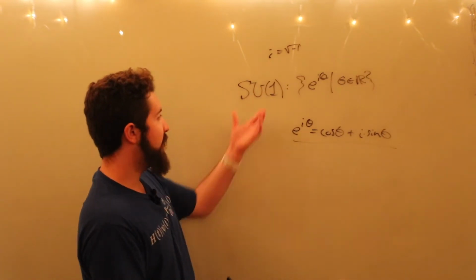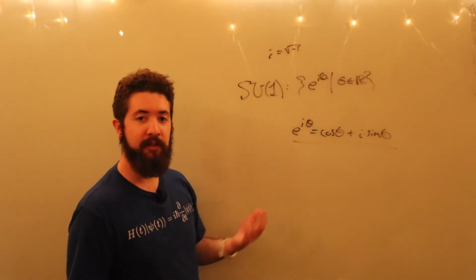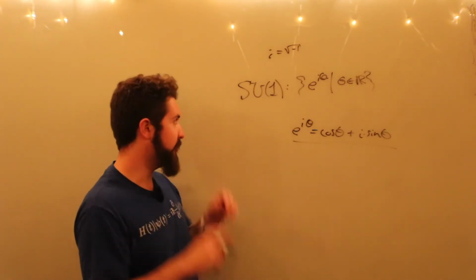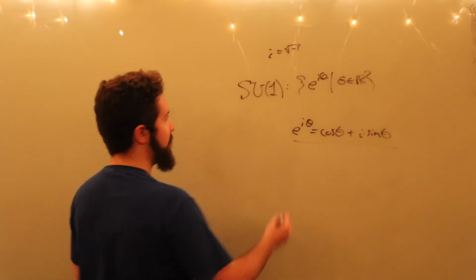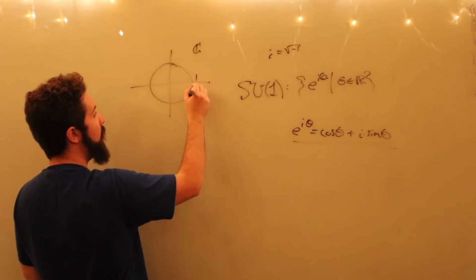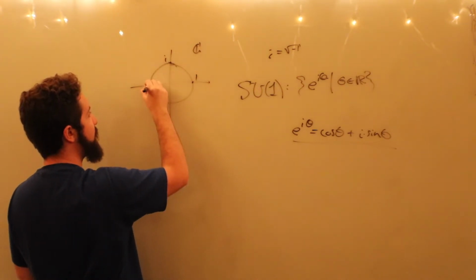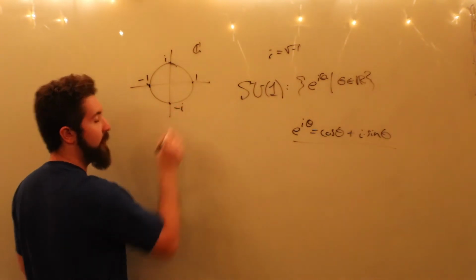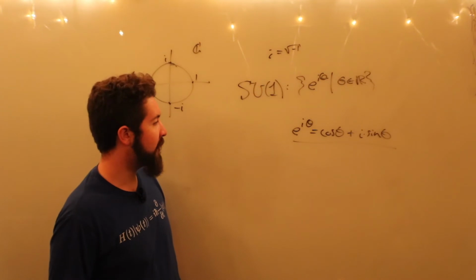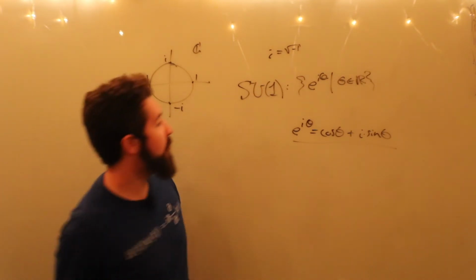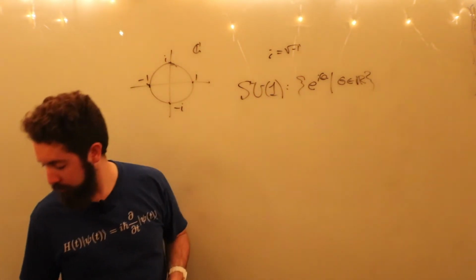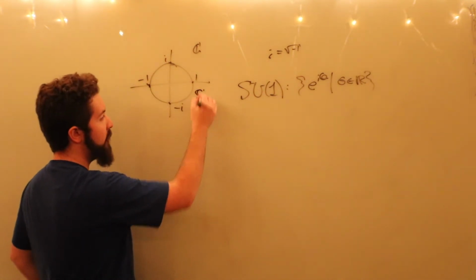So we can think of SU(1), or the special unitary group in dimension 1, as the unit circle in the complex plane. This is 1 here, this is i, this is -1, and this is -i. I'm assuming you're familiar with the complex plane. All right, well, we can actually think of every point on this unit circle, also called S1, as